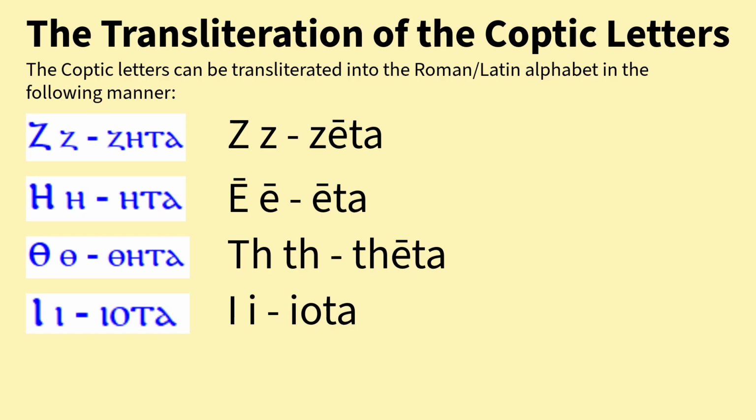So on this page here we have the letter which is transliterated as the letter Z. Then we have the letter which is transliterated as the letter E with a macron, or diacritical mark, placed above it to indicate that it's pronounced long. Now, the pronunciation that I use for this letter is like a long A. However, of course, in the Greco-Bohairic pronunciation of the Coptic Church, you will hear this pronounced as E or A. But I believe that historically it makes more sense, based off the vowels of ancient Egyptian personally, to pronounce this as A, and hence why I'm pronouncing this as the letter